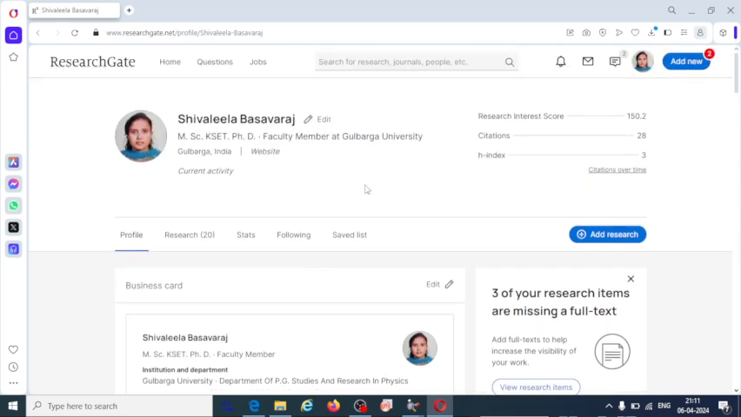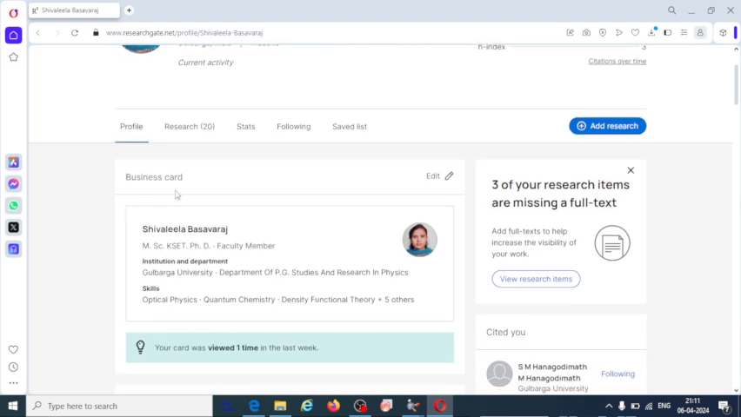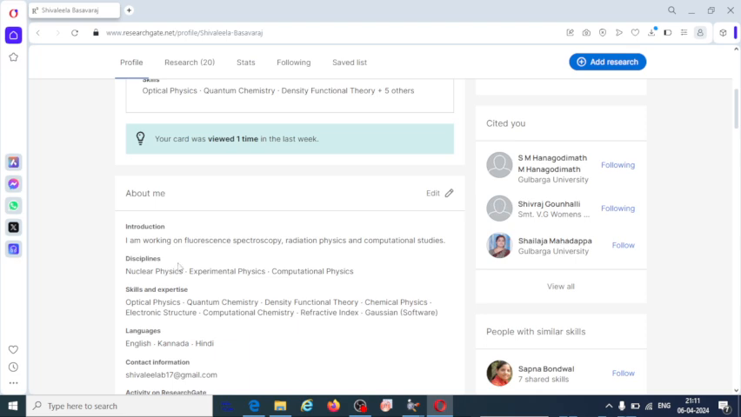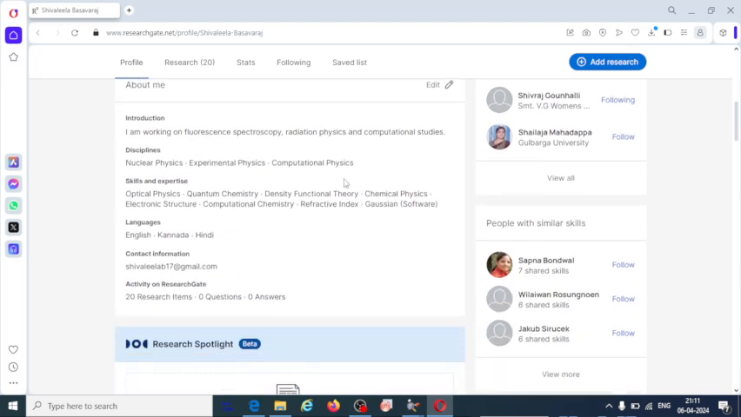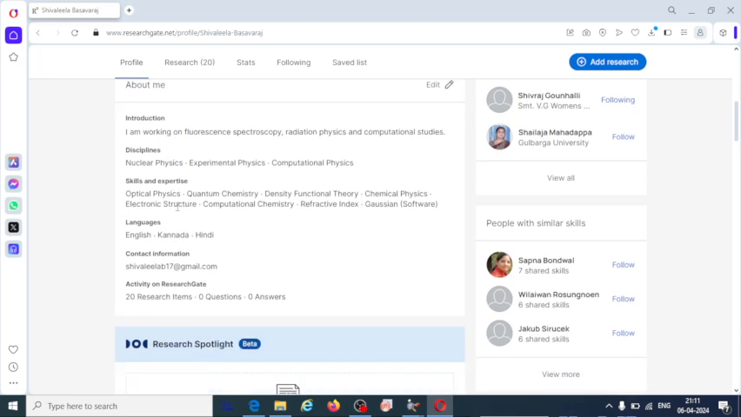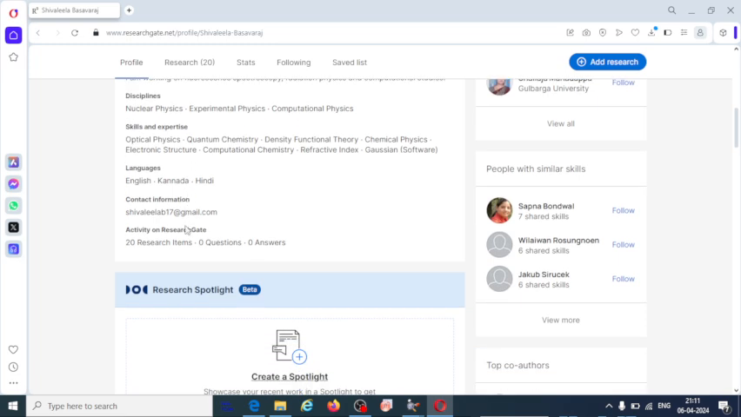Here you can edit your profile anytime. They have given an option here to edit your profile. You should add your institute and skills, your complete details. You can also write about yourself: edit introduction, discipline, in which area you are working, skills, experience, language, contact information, activity on